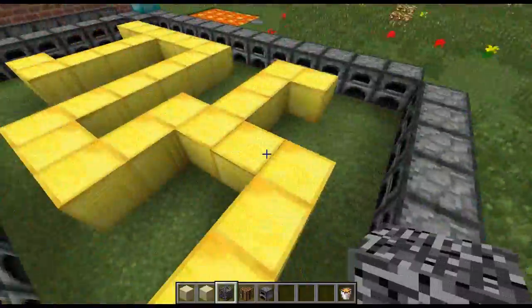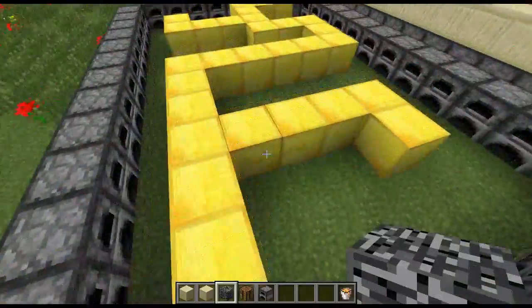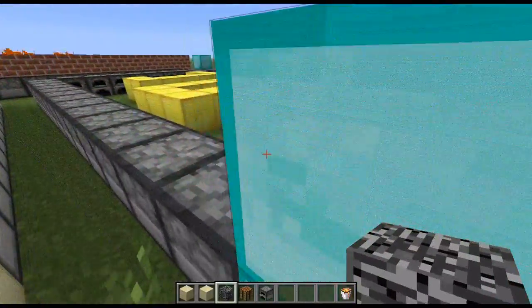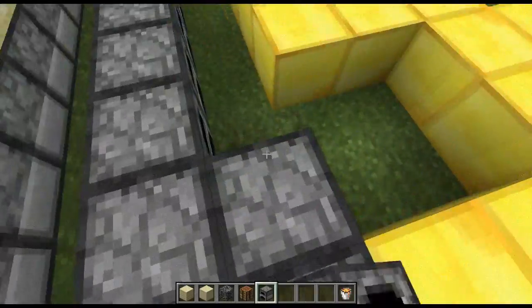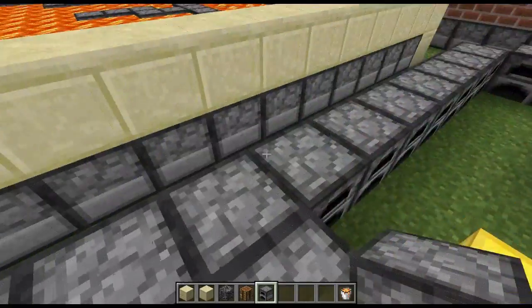And your path. So I placed the path in gold, with a diamond at the end, gold, and then you have diamond as start and finish. So that's what you want to do first, okay? Alright, next you want to place, even with your path,